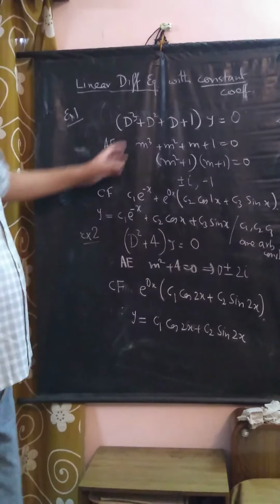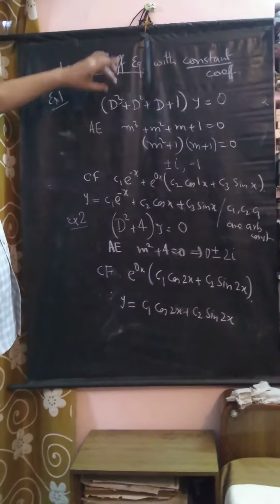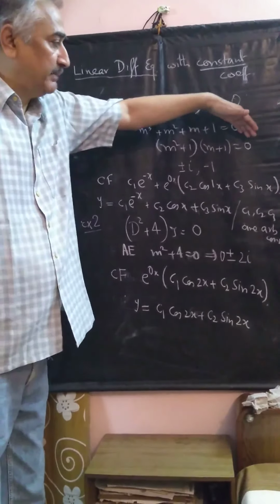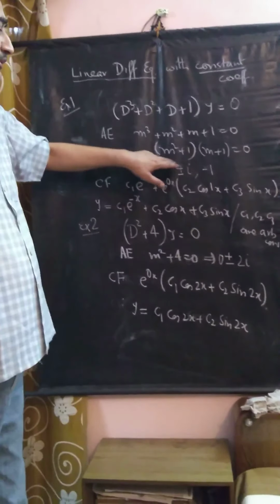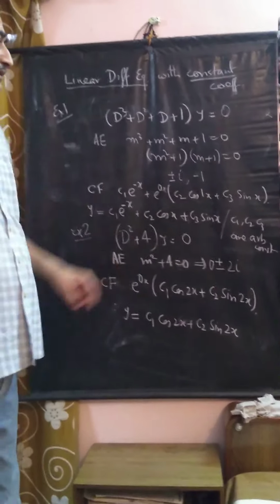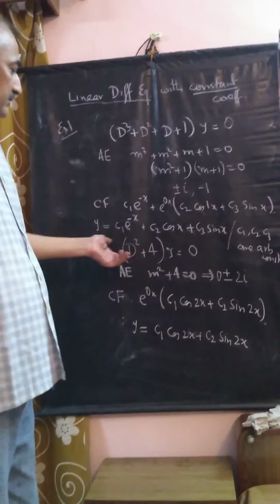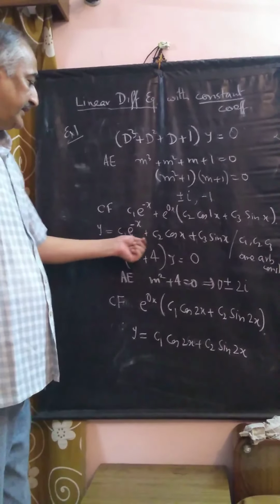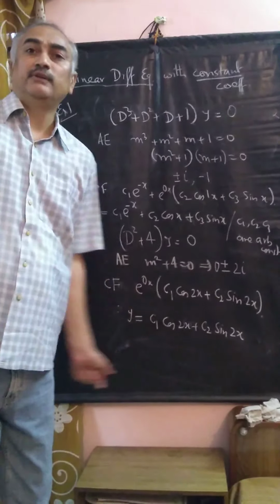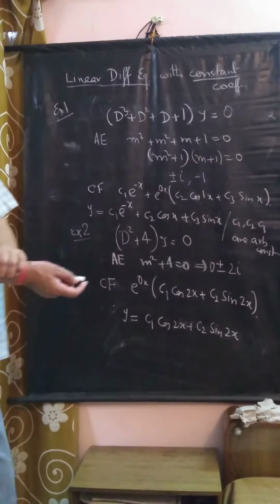So if there are more such, suppose that equation is of order 4, one part is like this, other is (m plus 1) and say (m minus 2), then there will be this root minus 1, there will be one root from the m plus 2 type of thing, then you will have c1 exponential minus x plus c2 exponential minus 2x and then c3 cos x plus c4 sin x.